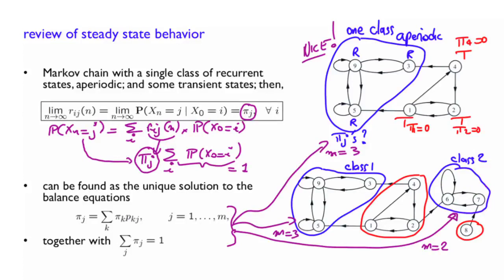If on the other hand, your Markov chain started from here, for example, for that specific example, you are guaranteed that at the next transition you end up here, and then you can do the same thing as before. We still know that the steady state probability of this state will be 0.